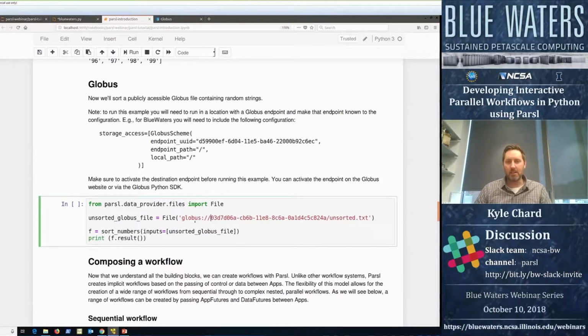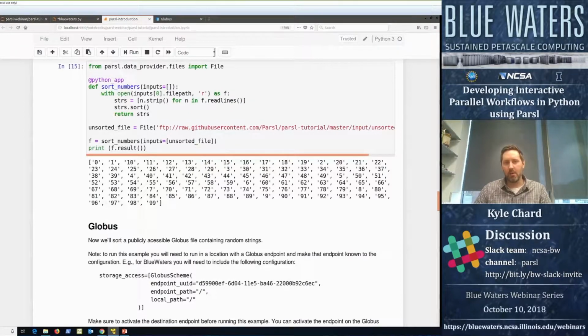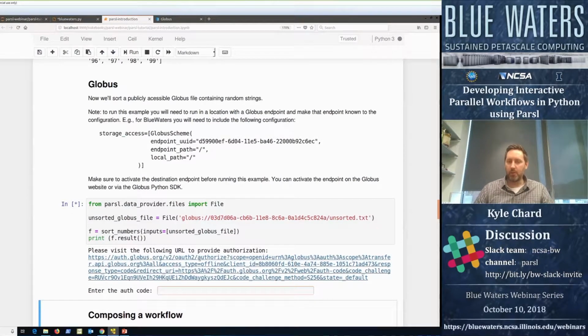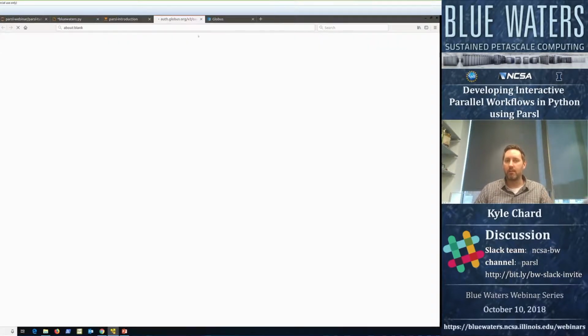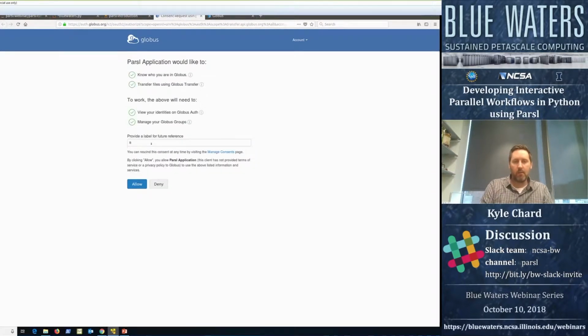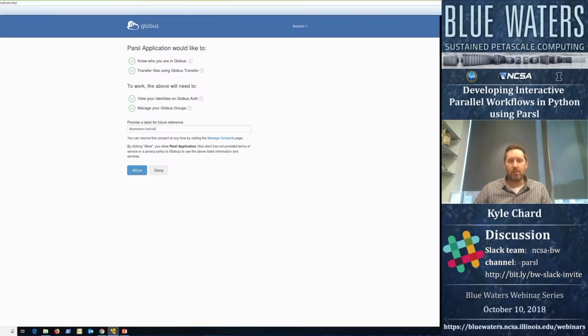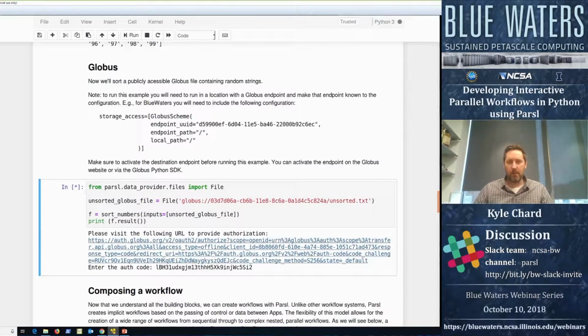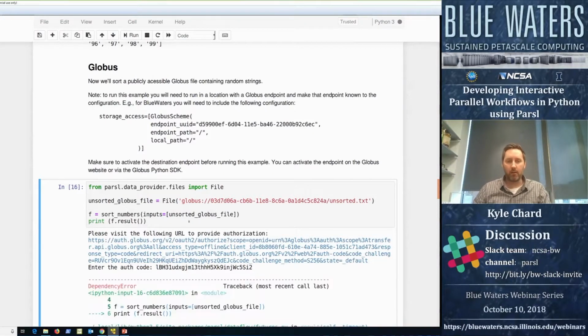So as you see here, we're basically taking the previous code. We've got our sort numbers app already defined. We're just replacing this part of the sort numbers with this Globus file. We're going to submit that. To use Globus for the first time, you need to authenticate. Parsl will then manage your Globus refresh tokens after that point, and you won't need to do this again for the period that you're using it. So we'll copy that auth token, paste it here. So we're now authenticated with Globus. Parsl now will go off, submit the job for execution. It'll submit the Globus transfer request, wait for the transfer request to actually complete, for that file to be there, and then it'll